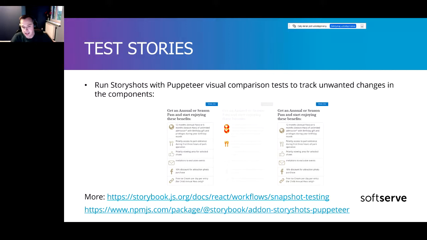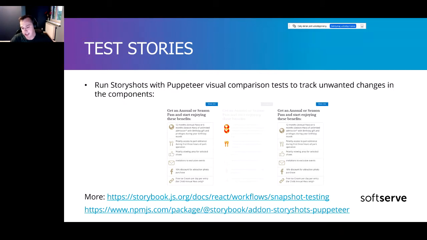Yes, so in our case, when the front-end developer creates a component, it's obligatory for them to create a story and to create a Storyshot. And they just commit this generated image to the repository. So we have our source image, and afterwards, if there is another commit, another push to the repository, we have in our CI pipeline